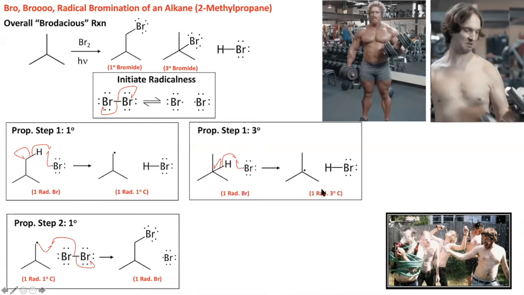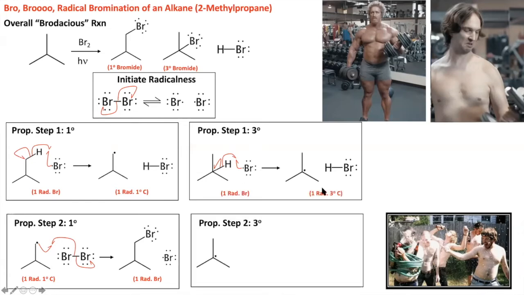One bromine radical, one carbon radical. It's a bromine radical, carbon radical to bromine radical. And then the tertiary carbon radical is made, then it comes down and reacts with the Br2. And that makes another bromine radical, which comes up, reacts with an alkane to make a tertiary radical, which reacts with the Br2 to make a bromine radical, which reacts with the alkane to make a carbon radical. So you can see the chain mechanism.